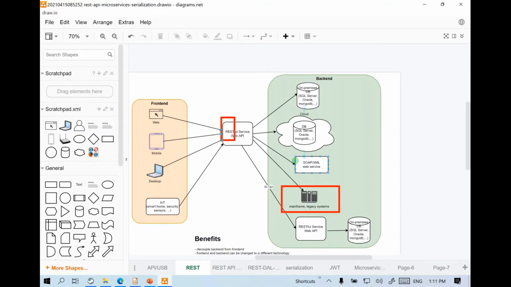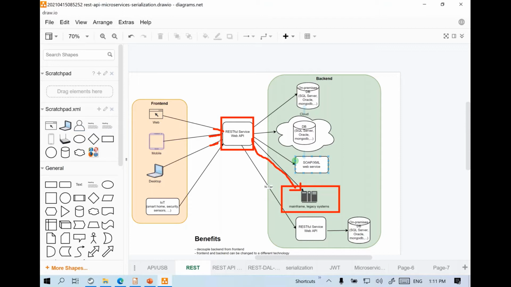And as long as you have this REST API layer in between, it could use some legacy proprietary code or libraries, etc., to connect to your legacy systems. But once it's exposing these as REST APIs, now your legacy system is modernized.